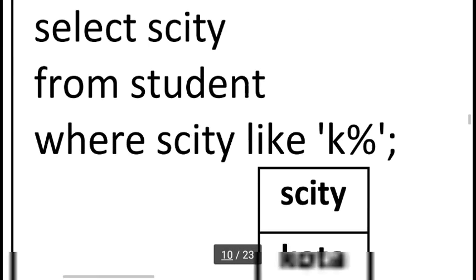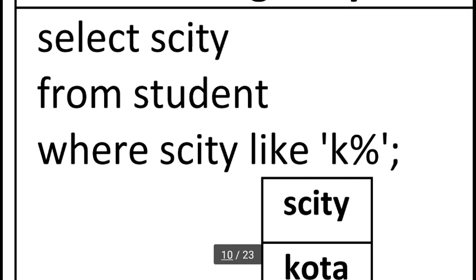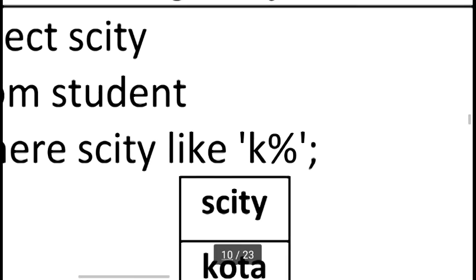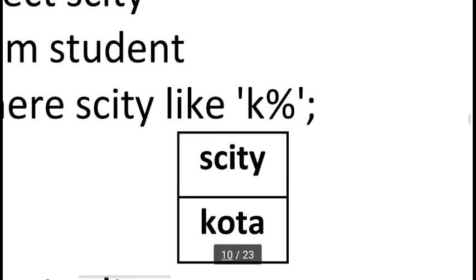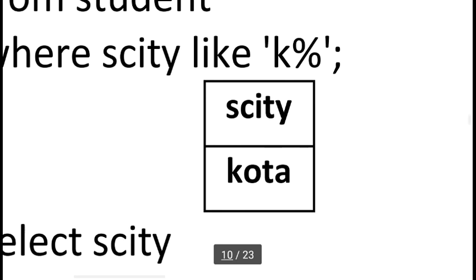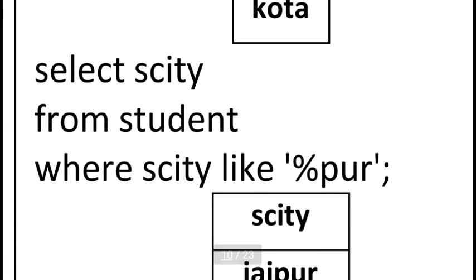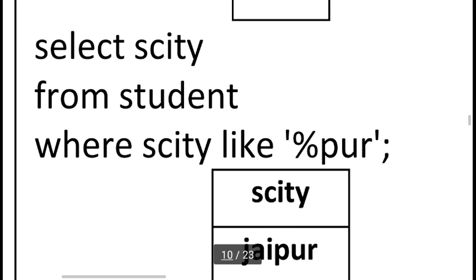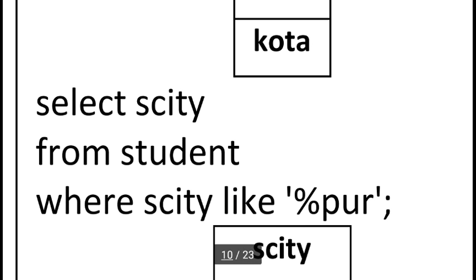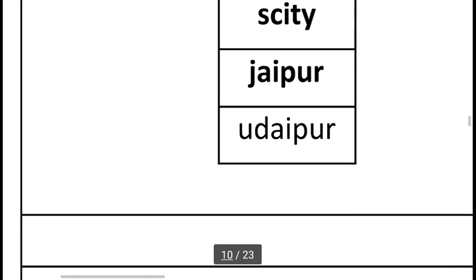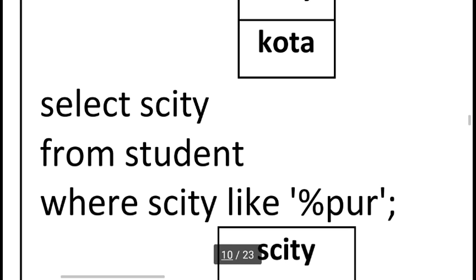Here I am taking another example. Select SCT from student where SCT like 'K%'. All the city names start with K, only K, and anything after. Now select SCT from student where SCT like '%pur'.